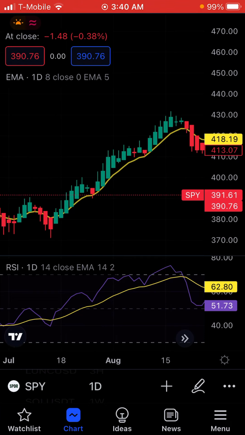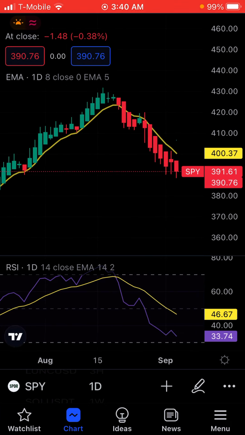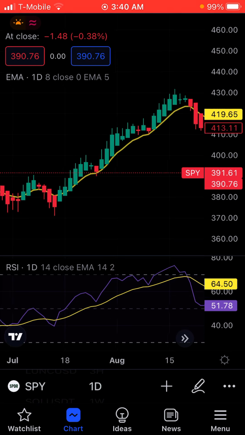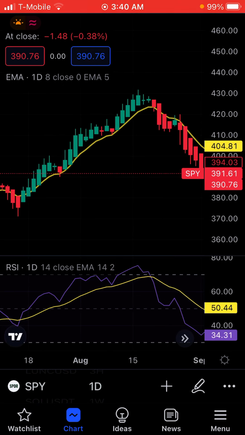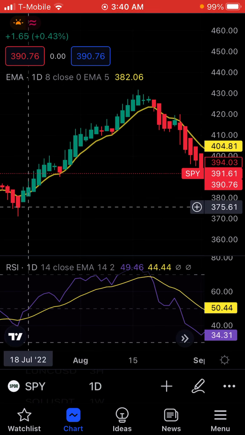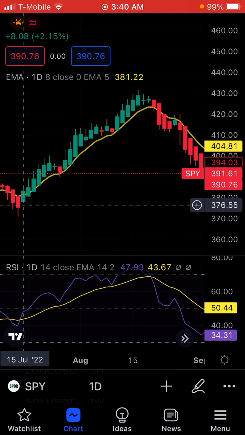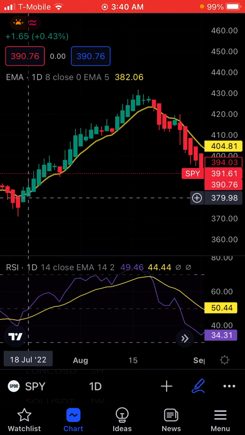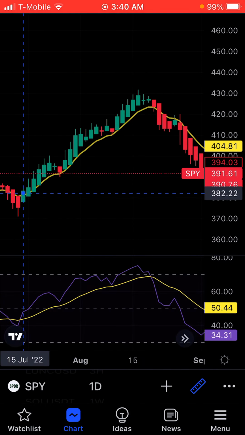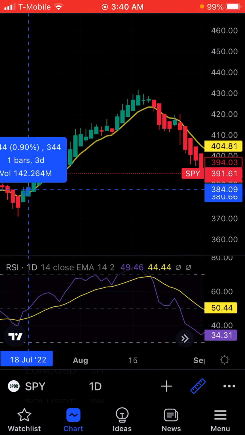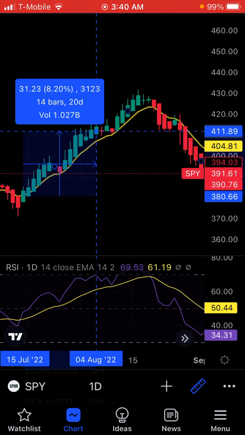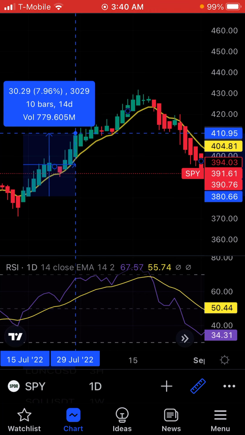What we can see right here is, if you follow this exact chart here, last time that happened before this, there was a call. You see the green candle right here. And if you caught this, and you did 15 days, let's do 14 days. You did 14 days, 30. So that's probably another like 1,500 right there.